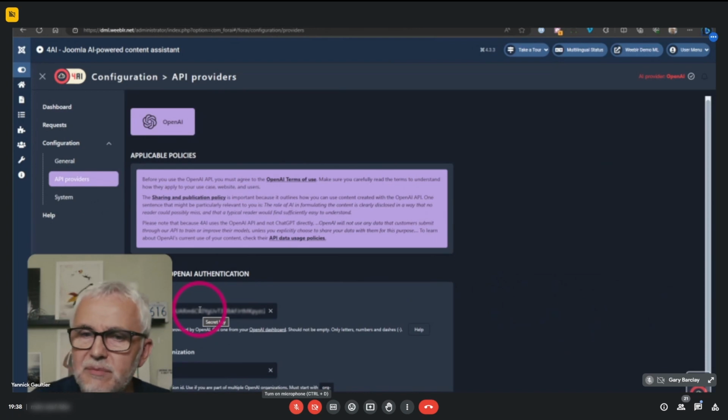So one thing that has to be very clear when you are using these tools from within Joomla, or from within any system that's not chatgpt.com, is that they are paid for. There's no free version. You start paying, and you pay by what's called the token, which is a little bit like a word. So that's not good news.